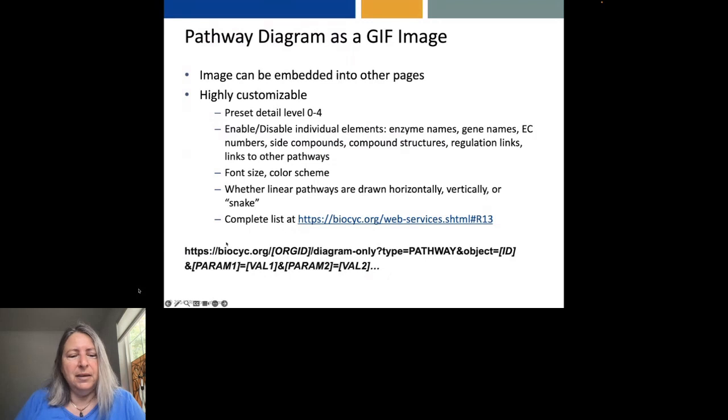So the URL that you would use to access such an image, again, it's organism specific, so you would need to specify the org ID. Then it's this diagram only, because it's just the diagram. This is a pathway diagram. You need the object identifier for the pathway that you want to retrieve, and then whatever customization parameters you wish